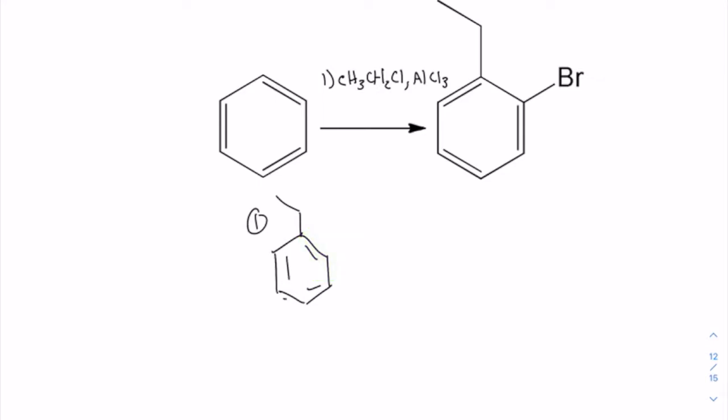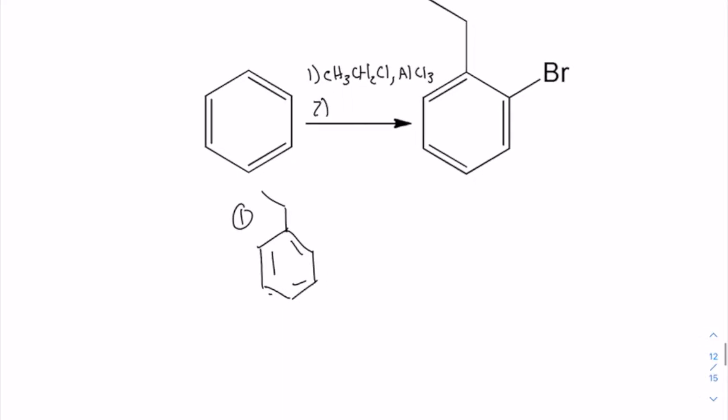But because ethyl is closer to the ortho position than is the para position, steric hindrance will push the bromine to the para position. So we have to install a blocking group. And we're going to use fuming sulfuric acid to be the blocking group, right? So step 2 is fuming sulfuric acid, right? So that's H2SO4. And that's going to give us this